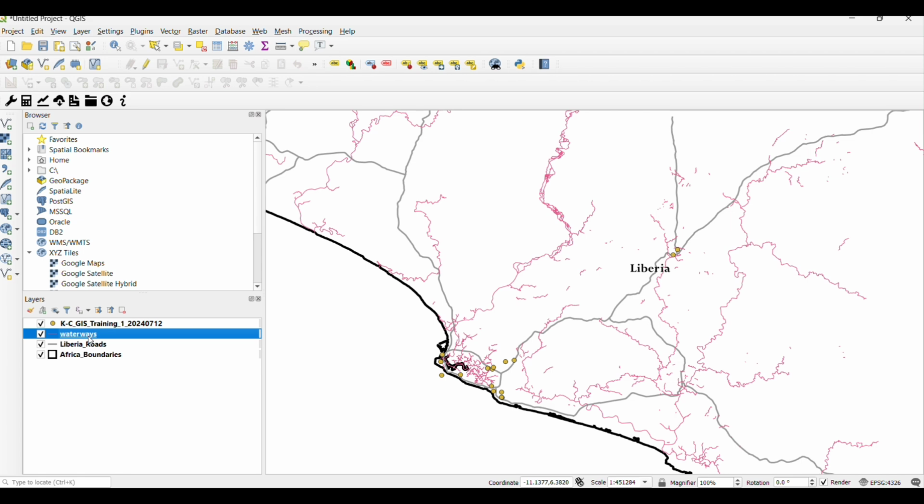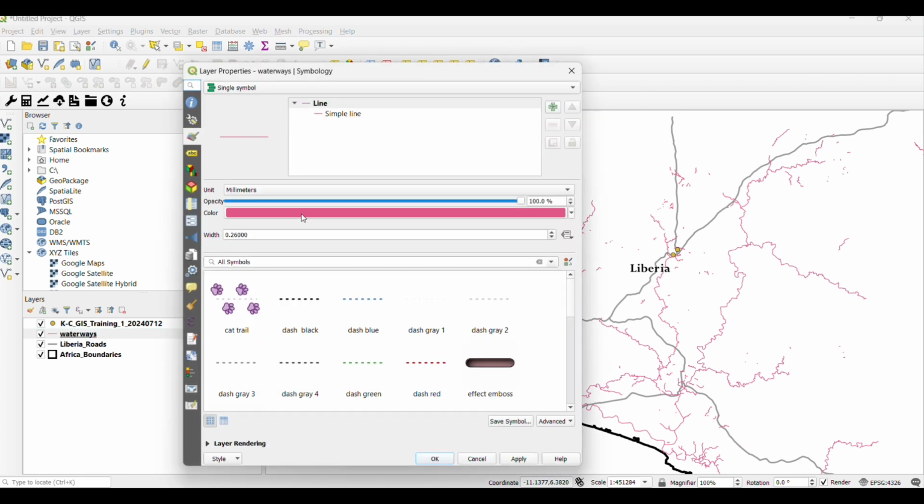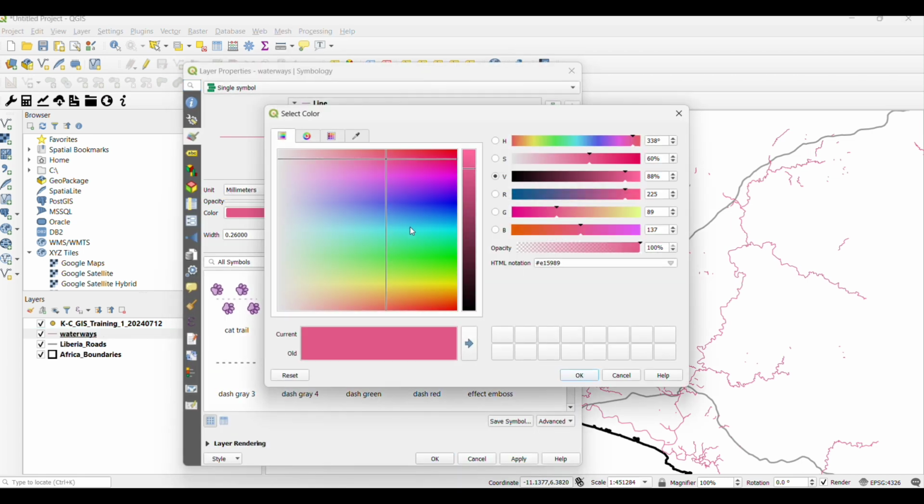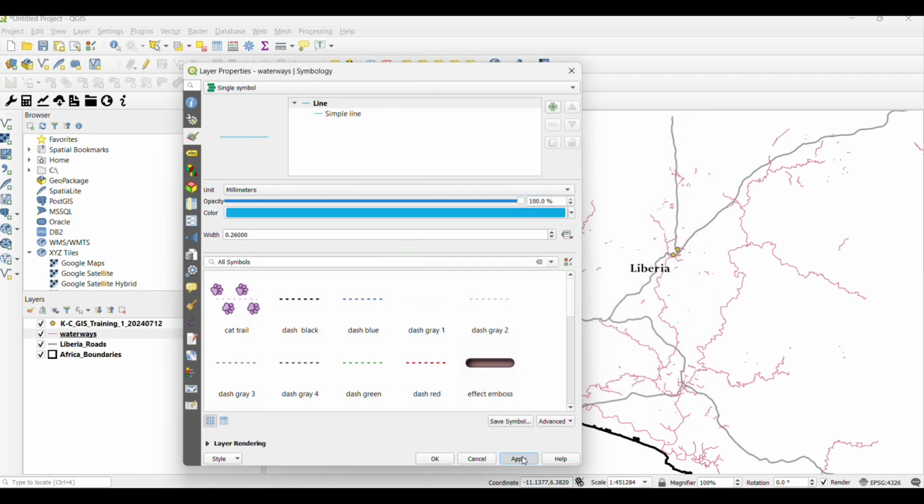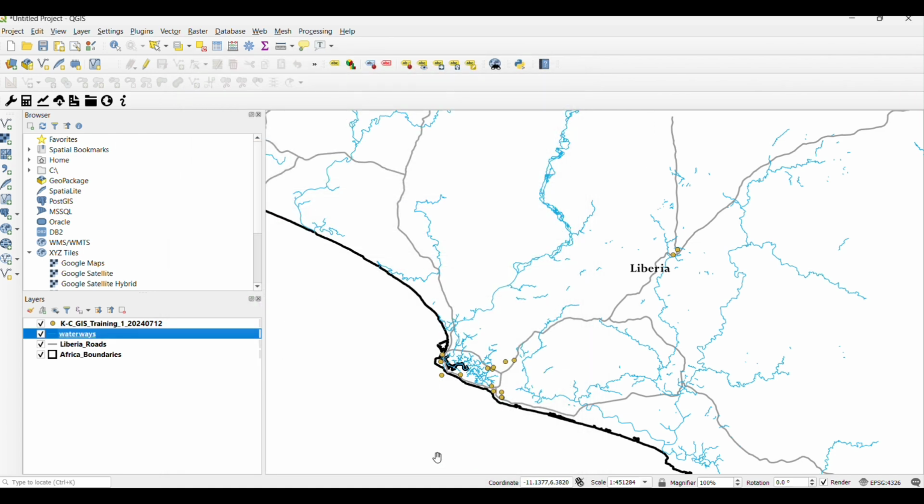Once again, QGIS ain't got no color. It done made the water pink. We're not selling Kool-Aid. We looking for water. So make the water blue. You hit apply. Getting somewhere. Got the roads. We got the waterways, we got the African